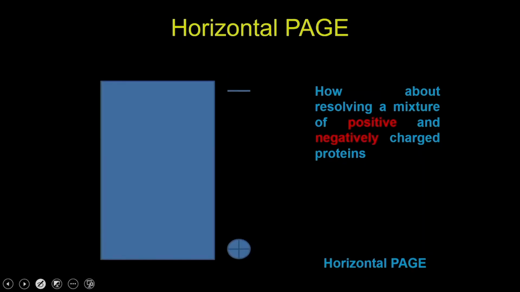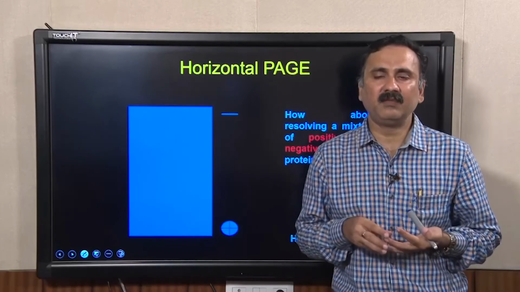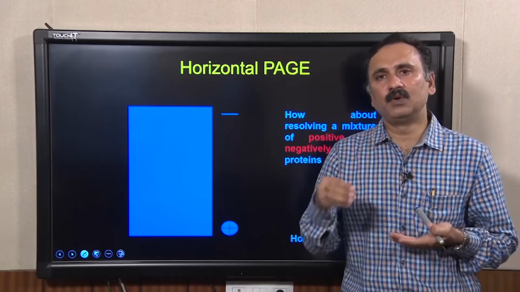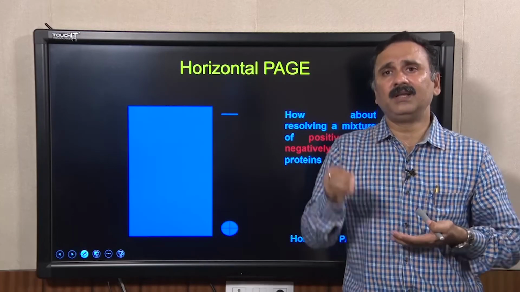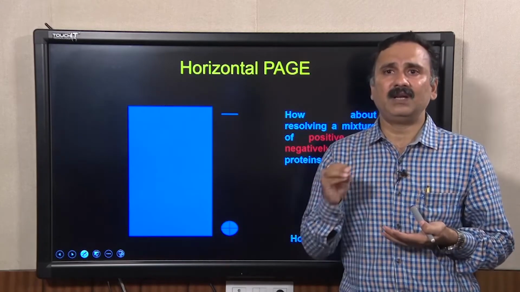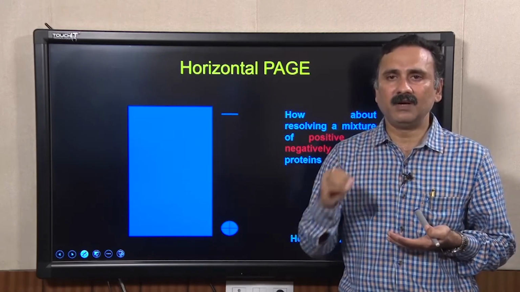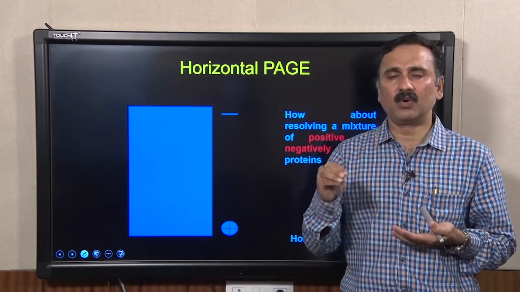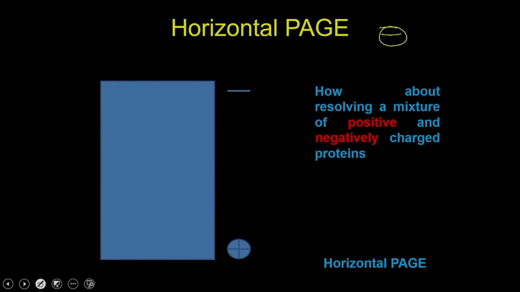Now, we have discussed the native PAGE, the SDS PAGE, the agarose and acrylamide gels, and we have also discussed 2-dimensional gel electrophoresis. The limitation of the native PAGE is that it is always governed by the intrinsic charge of the particular protein, which means if the protein is negatively charged, it is going to run as per the negative charge,